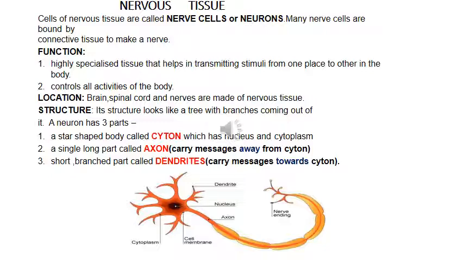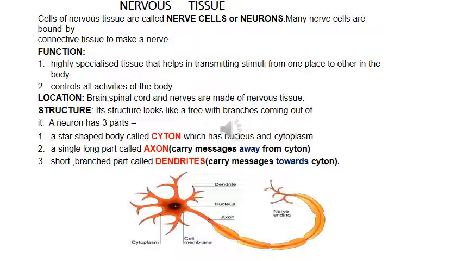in the body. If there is a temperature change, if the temperature drops down, you start shivering. Now, who sends the message to you that you should start shivering? The body sends the message. The stimuli are sensed by our receptors, which are present on the skin. Okay, we have 5 sense organs, and then our body will start shivering to generate heat so that our normal body temperature can be maintained. It controls all activities of the body. Location: brain, spinal cord and nerves are made of nervous tissue.